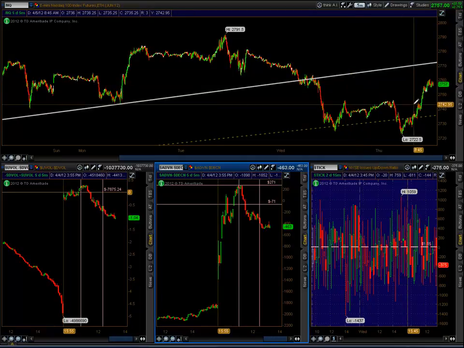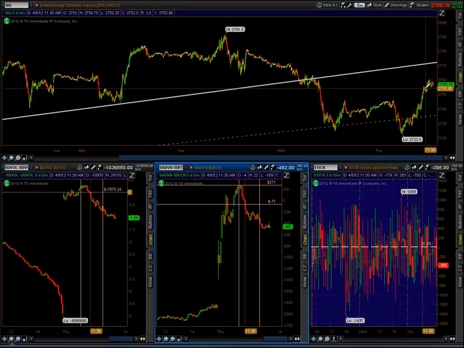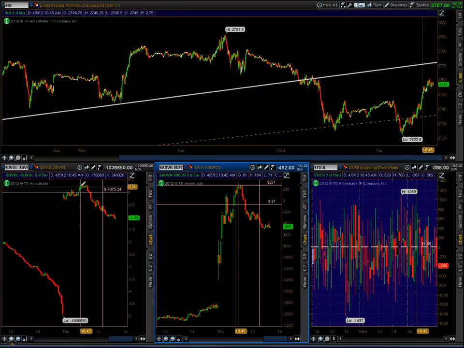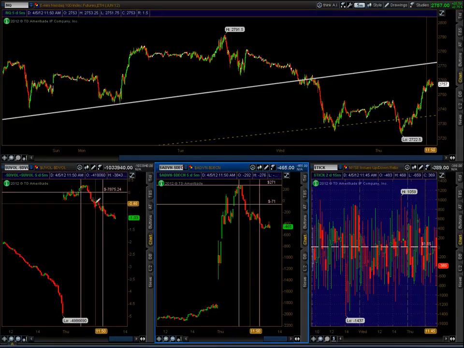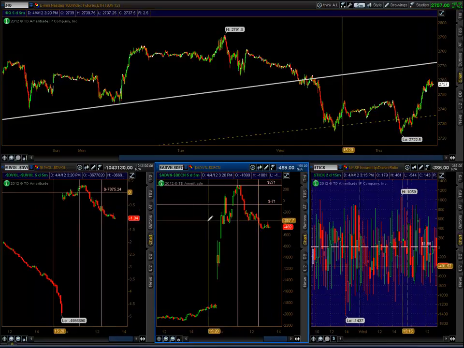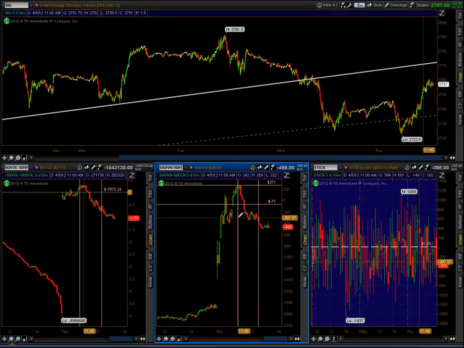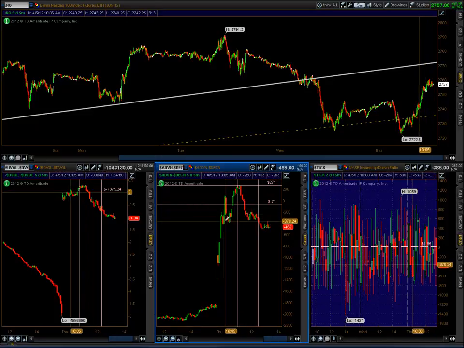Let me go ahead and start. If you can see my cursor, it's right around 9:30 when the market opened. And you can see right here, we started moving up and up and up. But over here we have the volume breadth, meaning how much of the volume is moving up or moving down. On this one, we have how many of the actual traded companies are moving up or moving down. So starting with the breadth, the actual volume